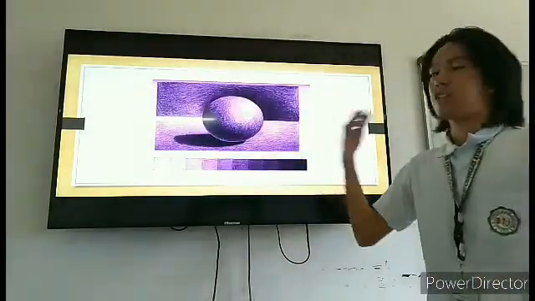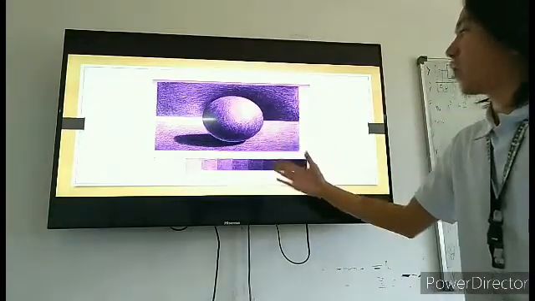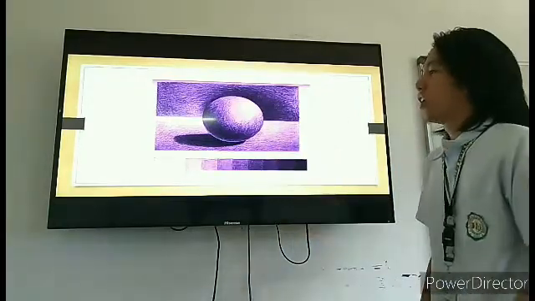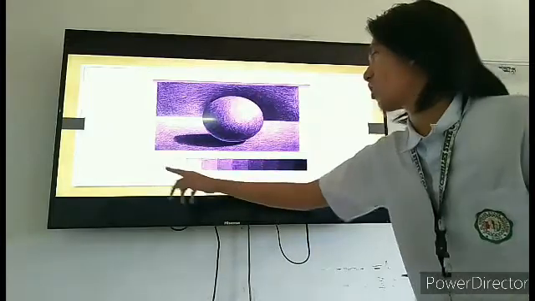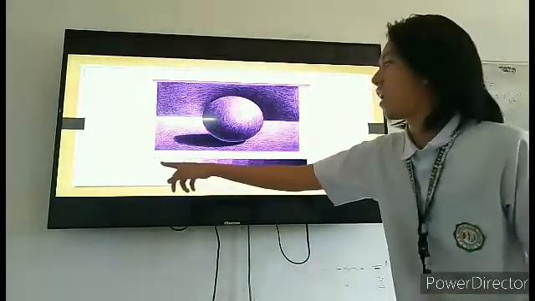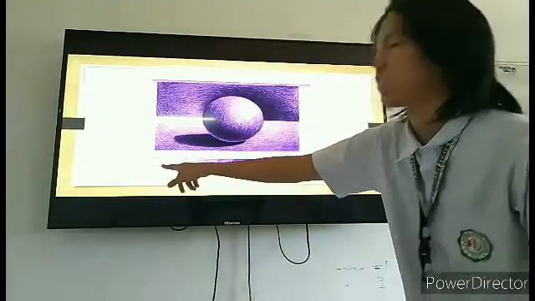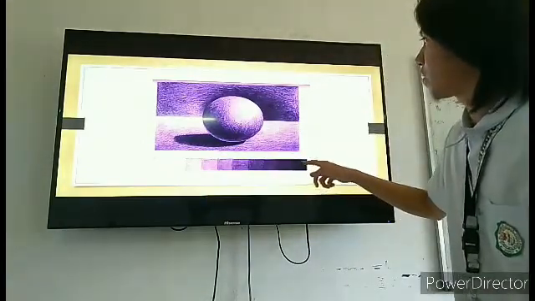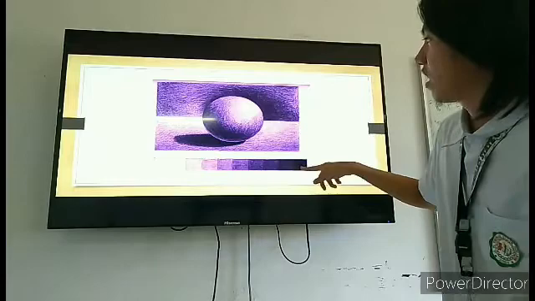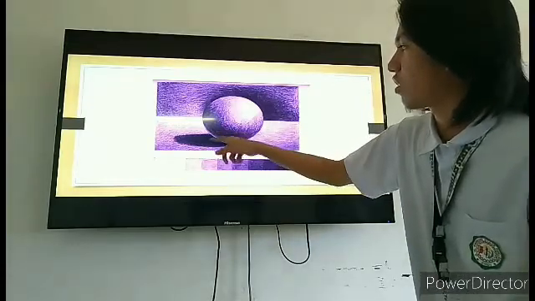So here's the example of a tone. As you can see, this artwork only uses one color. And here are the tones of the color. It's from the light source, as you can see right here. This is the light source and it comes from this color, and to its darkest part of the color, here, as you can see, it's right in here, to the shadow